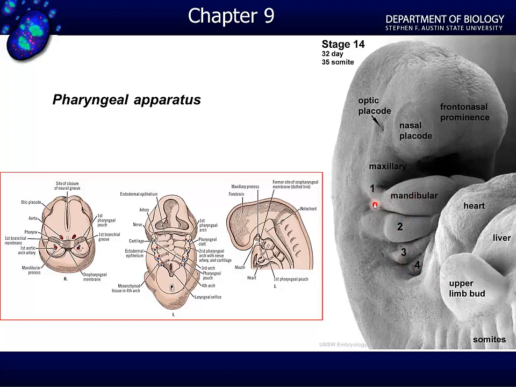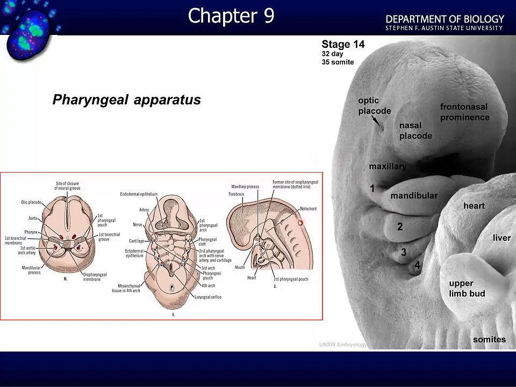We can see that they have pharyngeal grooves between. One of these will be significant as we go through our development. And on the inside of our pharyngeal area, we have an analog to the grooves. On the inside, they're referred to as pouches. Now, there are a number of ways to see these, and in our illustrations, we're going to look at different